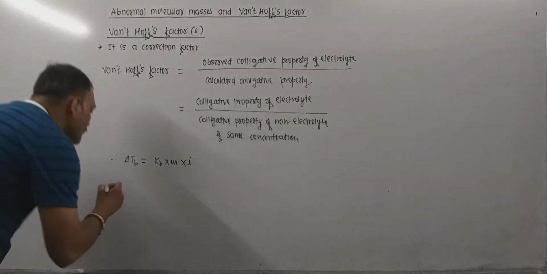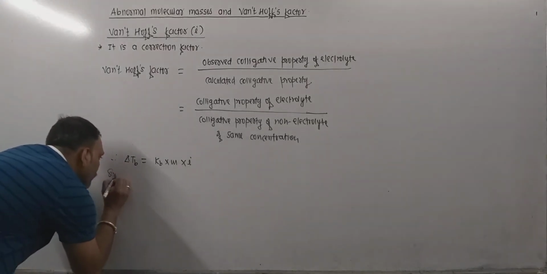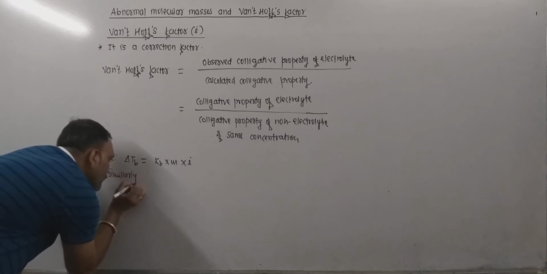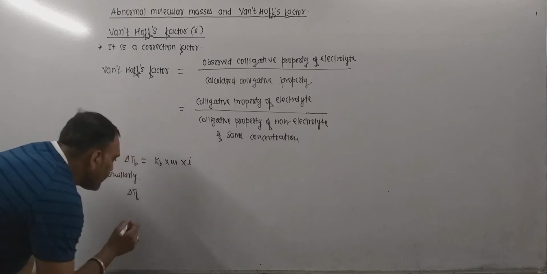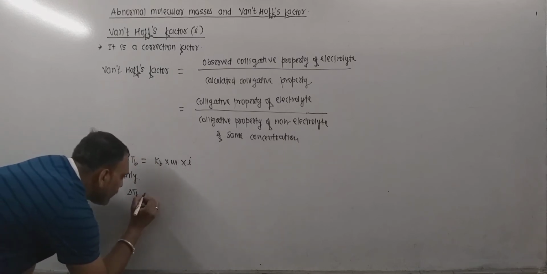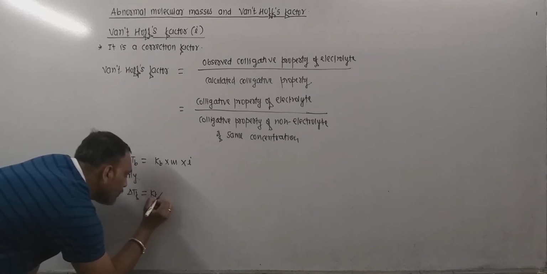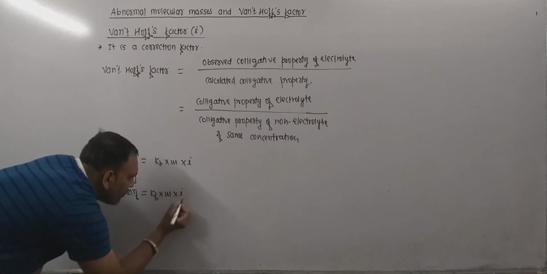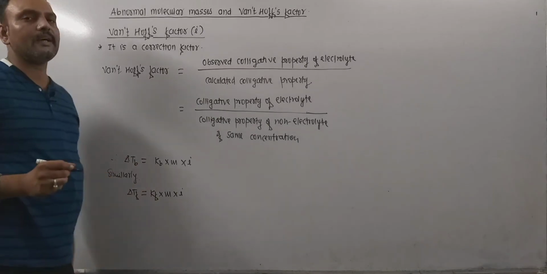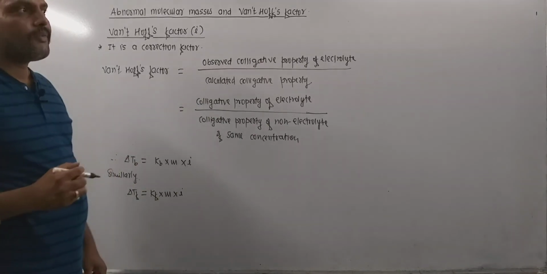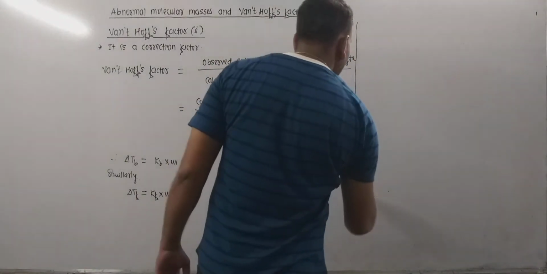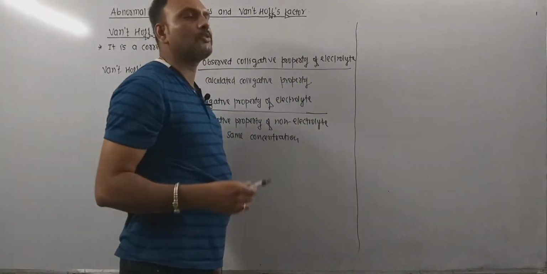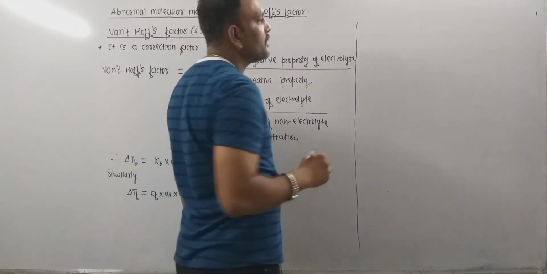Another thing, if we are using the depression in freezing point method to calculate the molar mass of solute, then using Van't Hoff factor, that problem can be sorted out like this: delta Tf is equal to Kf into molality into Van't Hoff factor. So Van't Hoff factor is a correction factor which fixes the problems, and in this way the problem can be resolved. Now let's see the relation